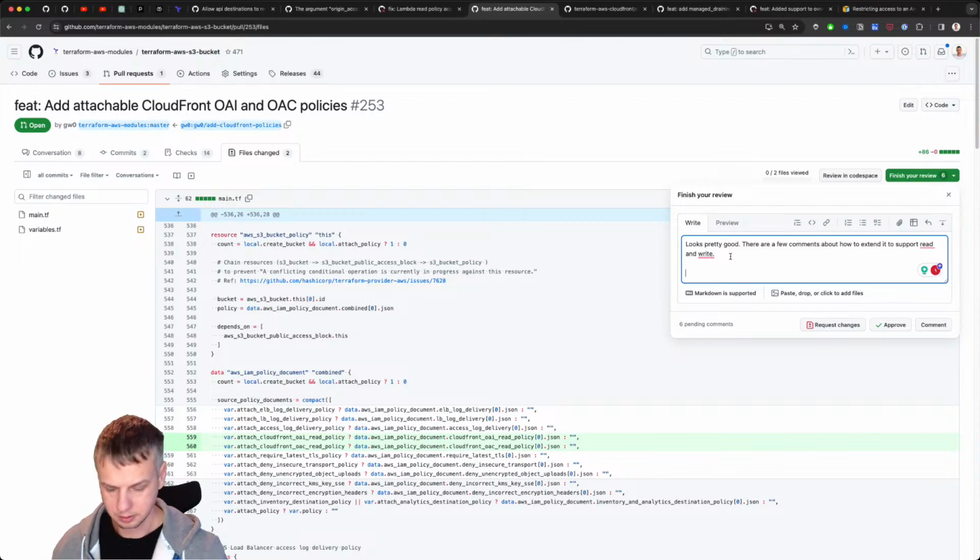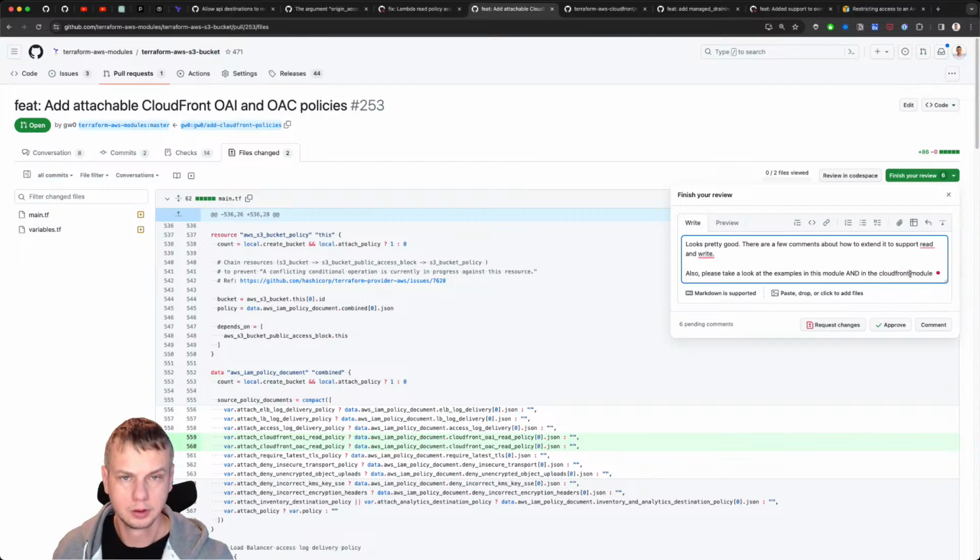Examples. Also, please take a look at the examples in this module and in the CloudFront module, right?